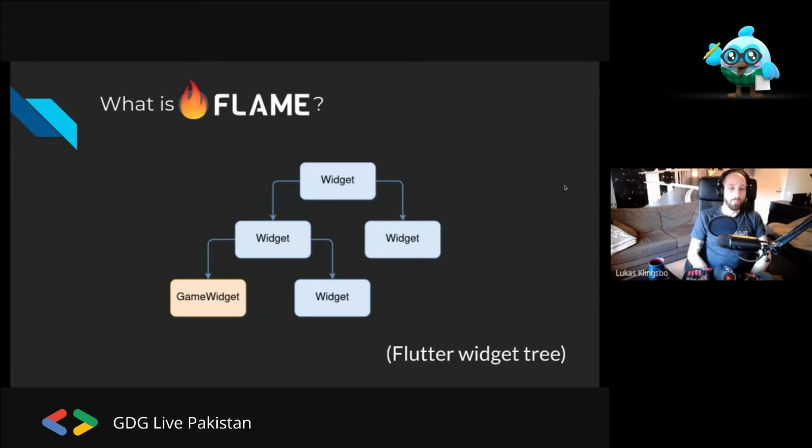So in Flame, like I said earlier, the game widget is just like any Flutter widget. It lives inside of your widget tree. And you can have it on the root, and you can have it anywhere. Maybe you just want to have a little game as the loading screen for your actual business app. You can do that. You can do whatever you want. And